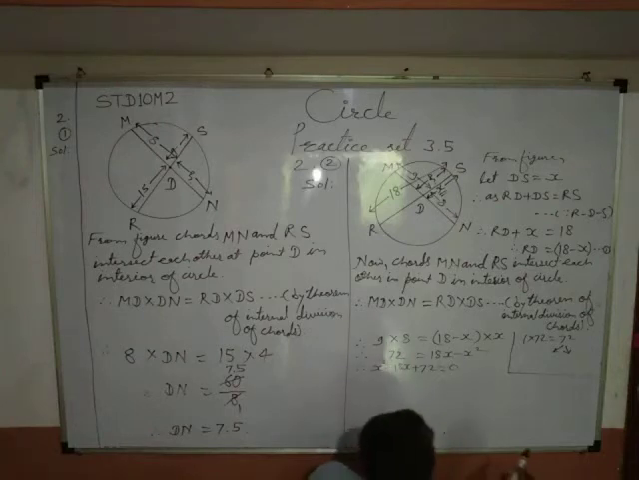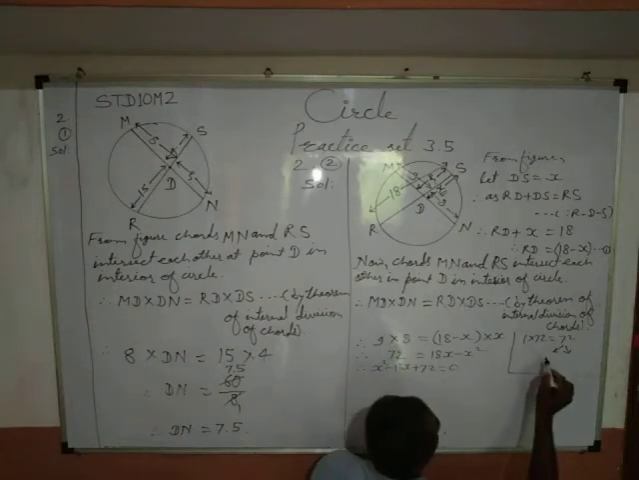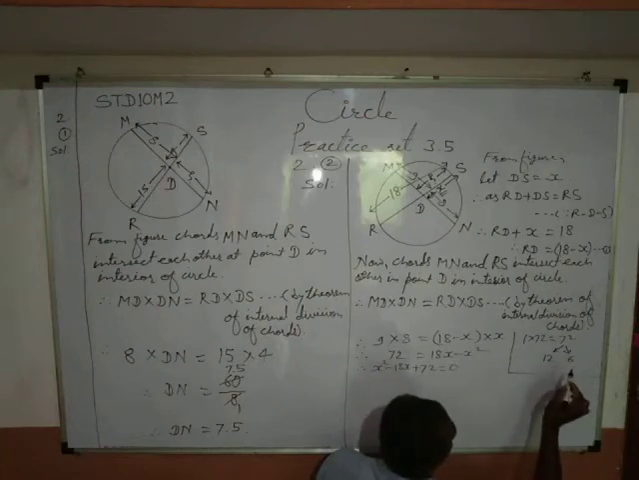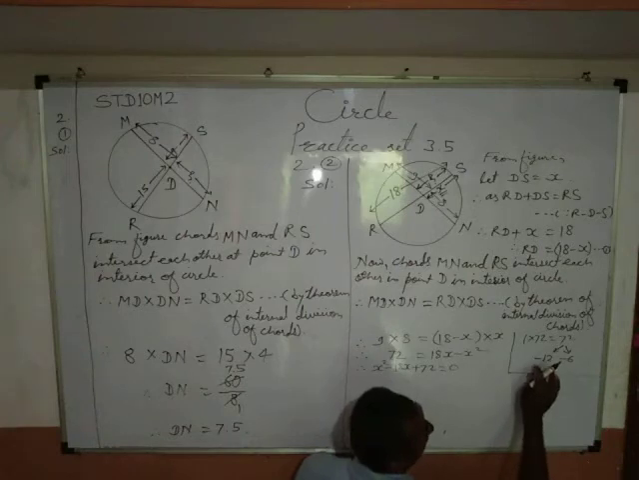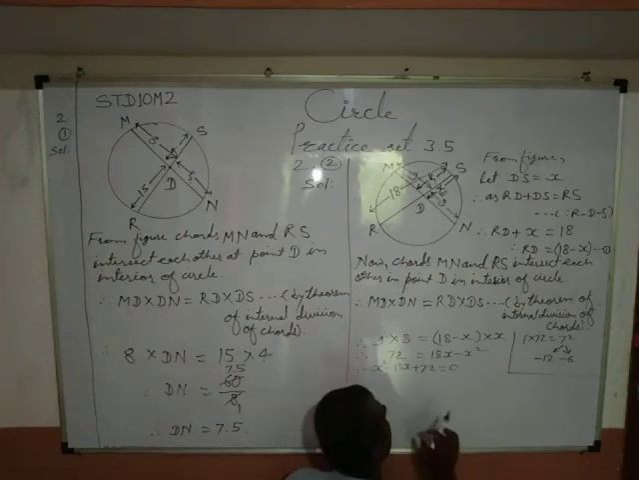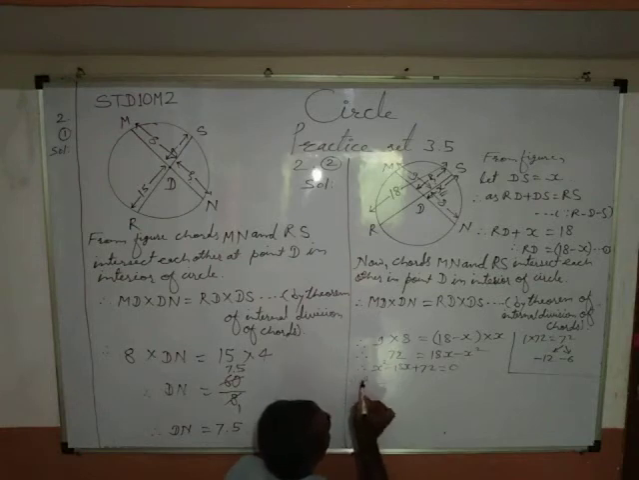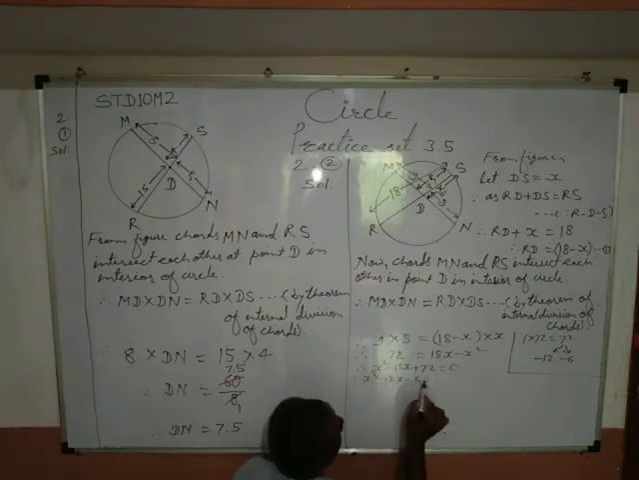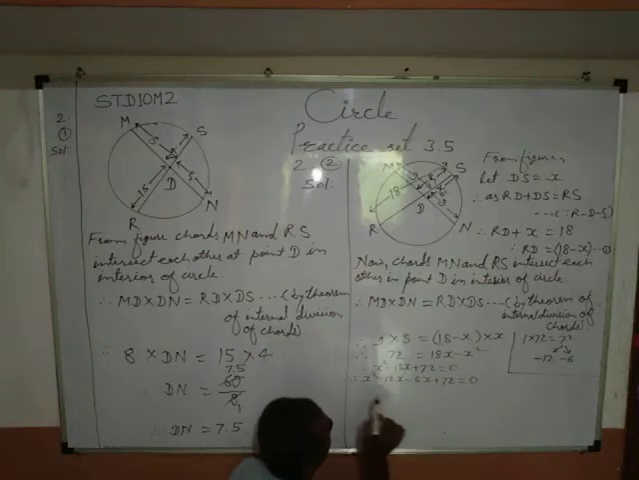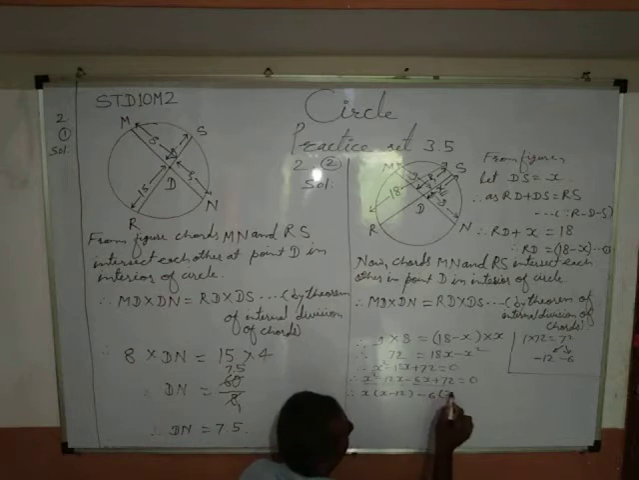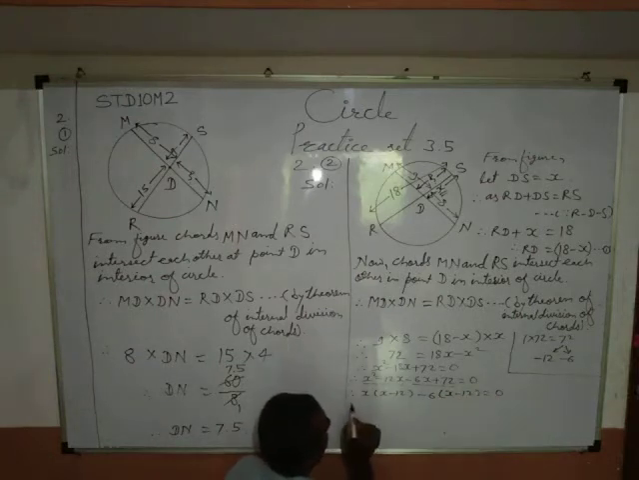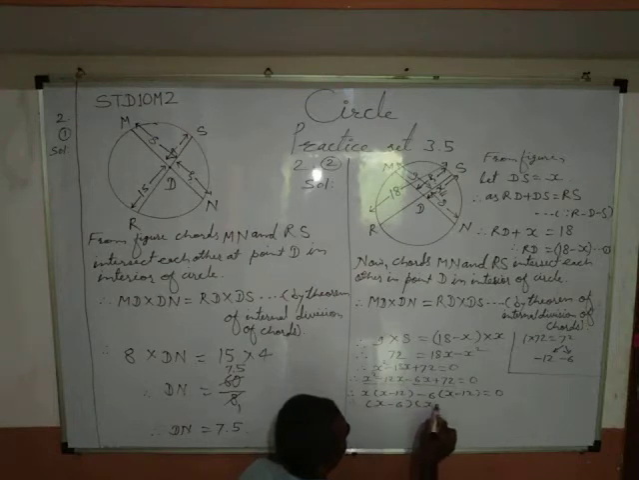Yes, 12 6s are 72, and the sign must be minus, because minus into minus gives us plus in the case of product, and minus 12 plus minus 6 gives us minus 18, and therefore it will be x square minus 12x minus 6x plus 72 equal to 0. Group the first two, group the next two, and therefore x in a bracket x minus 12 minus 6 in a bracket x minus 12 equal to 0, and therefore x minus 6 into x minus 12